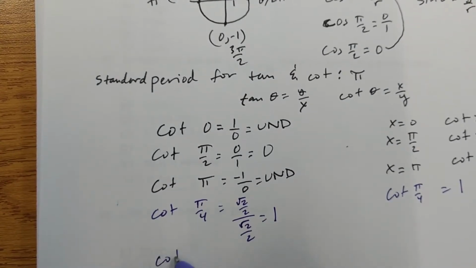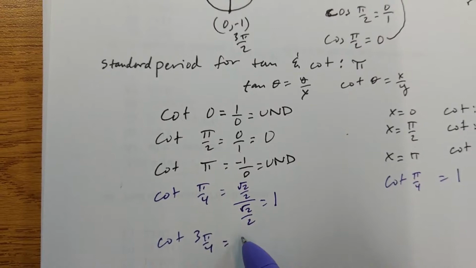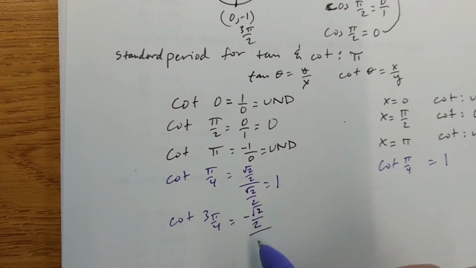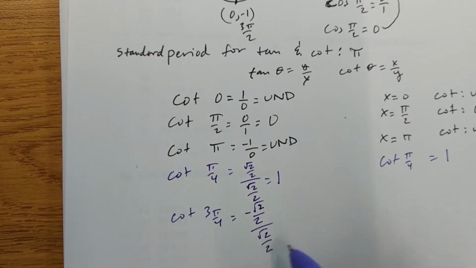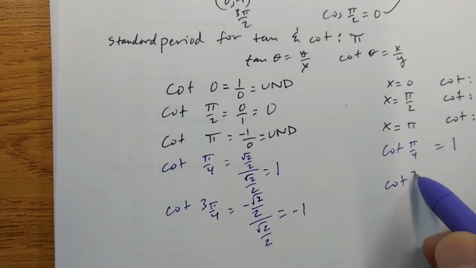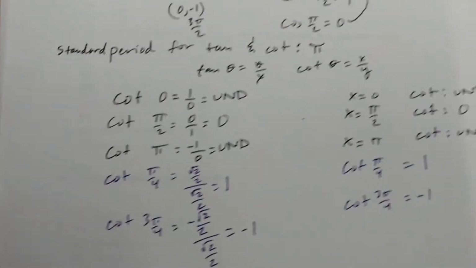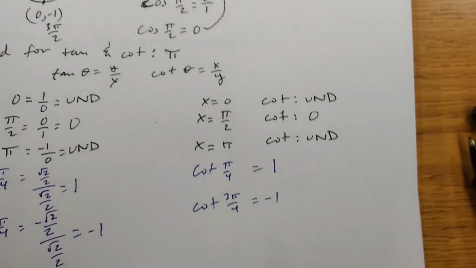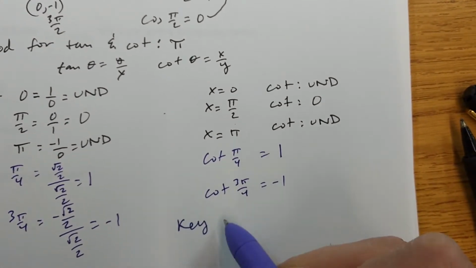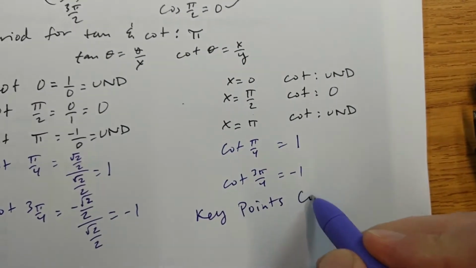And the cotangent of 3 pi over 4 is equal to negative square root of 2 over 2 divided by the square root of 2 over 2, which is equal to -1. So the cotangent of 3 pi over 4 is -1. And so from this, we see that our key points for the cotangent function